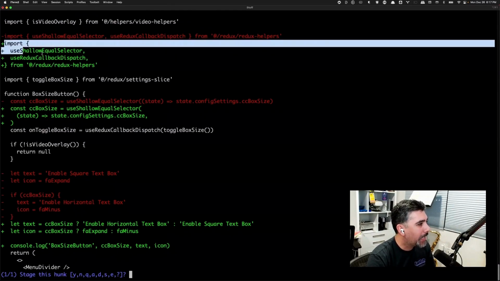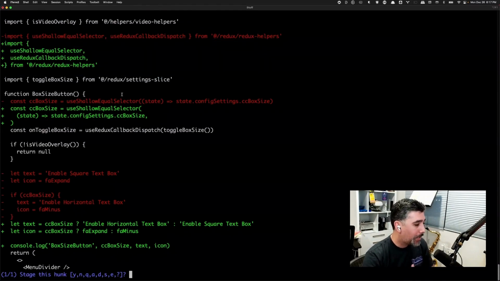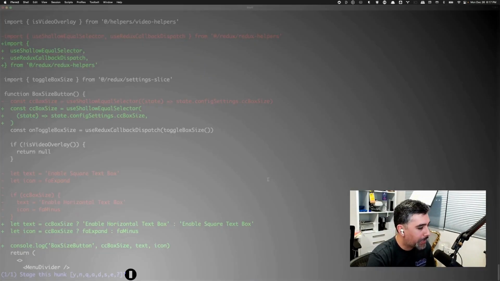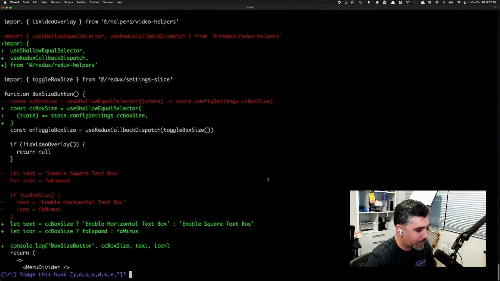And we see, again, we are presented with all the changes in the file in this view. An option that I mentioned before is we could go directly to the file and delete the console log, but also we can selectively stage things that are inside a file. And that actually has to do with the s command.